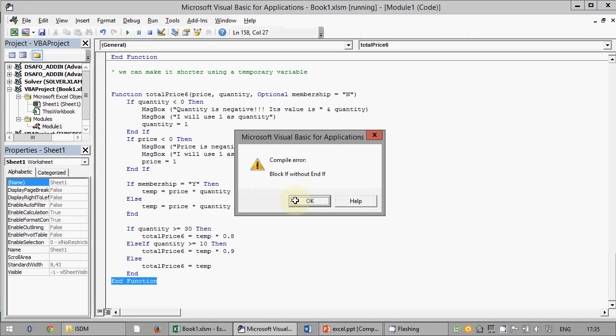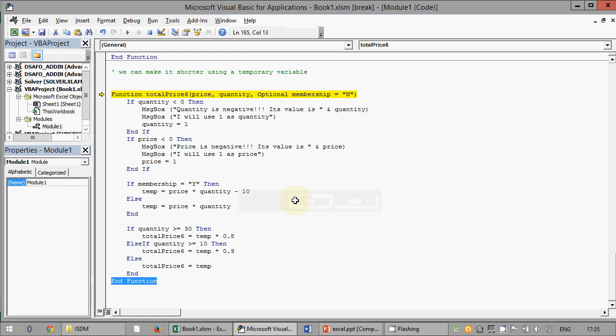Oops. Block if without end if. Can you see this yellow bar? This yellow bar is what I was explaining to you at the beginning of the lesson. Now, even if you correct your code, you cannot do anything in Excel. You must click on reset. So whenever you see the yellow bar, you must click on reset.